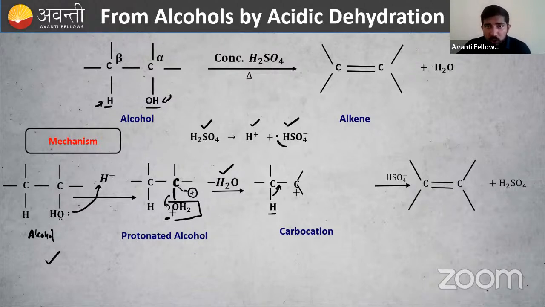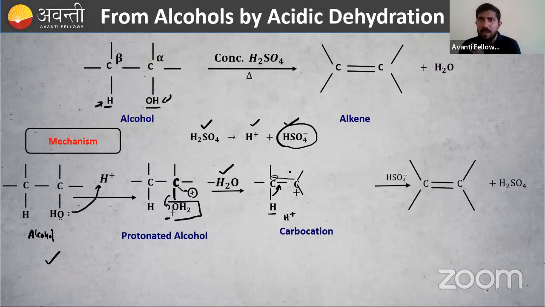Then our HSO4 minus is waiting. Okay, it is very sad. Why? It has lost its H plus. So HSO4 minus is waiting here. At that time, it saw one hydrogen here. This hydrogen is giving its electrons to the carbon. That means H plus will be formed. This H plus will come to HSO4 minus. Then what will be formed? H2SO4. Then what about this carbon? Electrons are present here, negative and positive. A double bond will be formed between carbon and carbon. So an alkene is formed here.